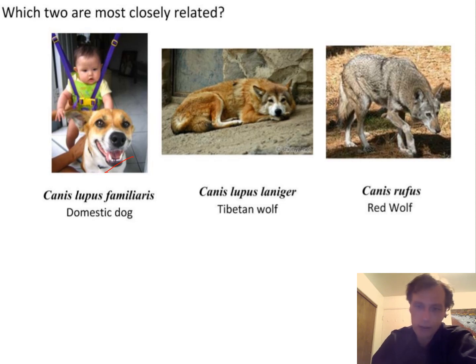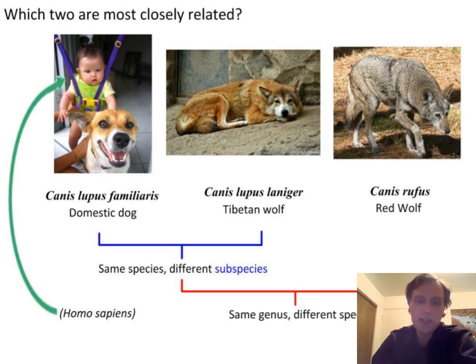You can pause for extra excitement or just go with me to the next part of it. These two fellas here are most closely related because they are the same species. There's the genus, there's the species name. Here's the genus, here's the species name, Canis lupus. They are different subspecies, Laniger and Familiaris. So they are, in fact, yep, the same species. And another way that we define a species is, can they interbreed? These two fellas can interbreed.